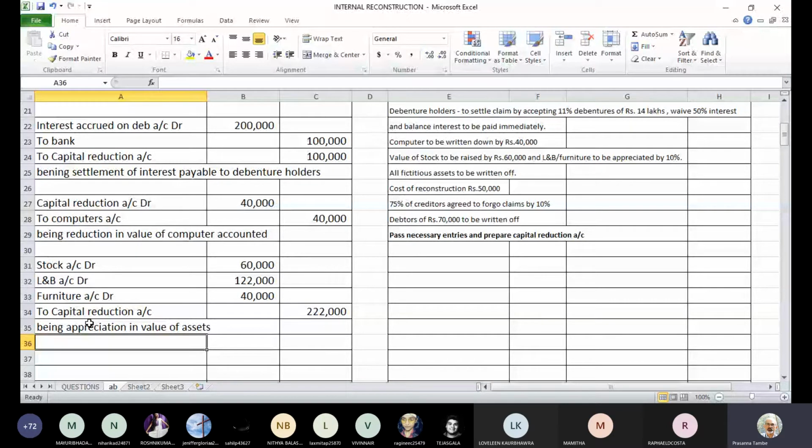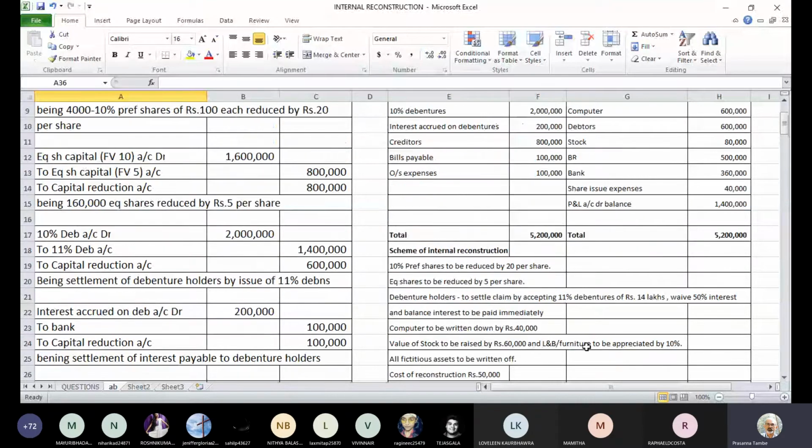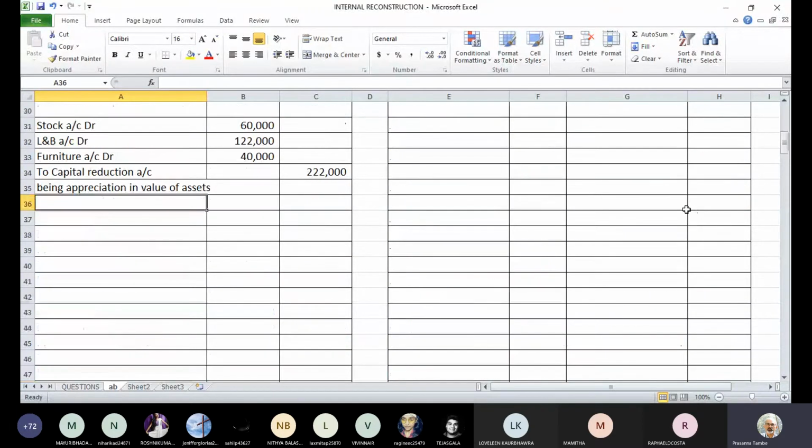Yes, sir. Okay. Now, it says all fictitious assets should be written off. Now, which are the fictitious assets we have? We have share issue expenses and we have profit and loss account debit balance, which is 14 lakh rupees. So both these are to be written off. When you write off these assets, we will debit this entire amount to capital reduction account. Okay. So next entry will be